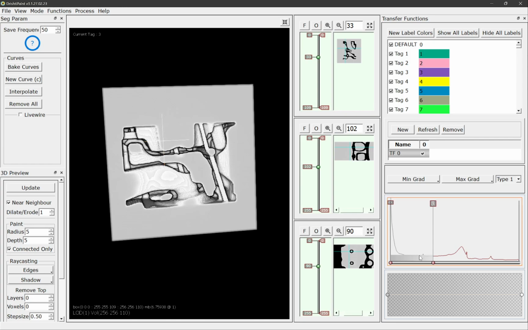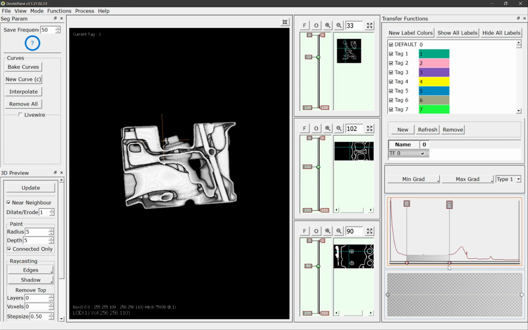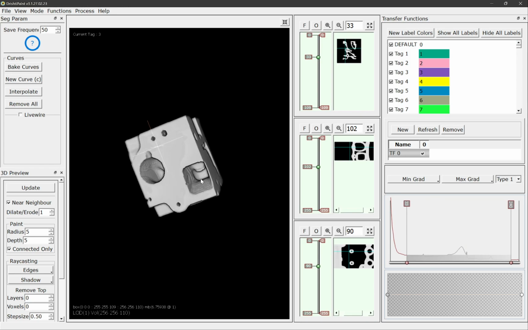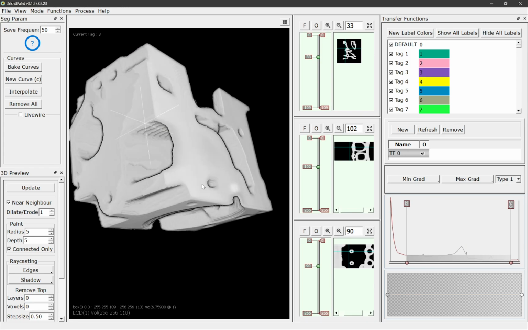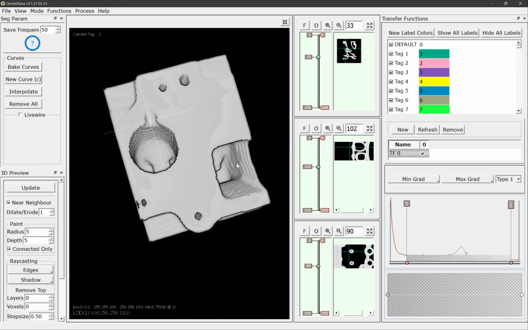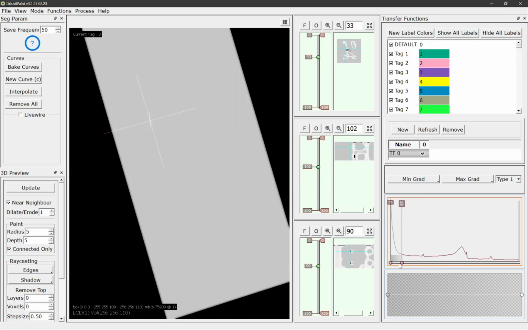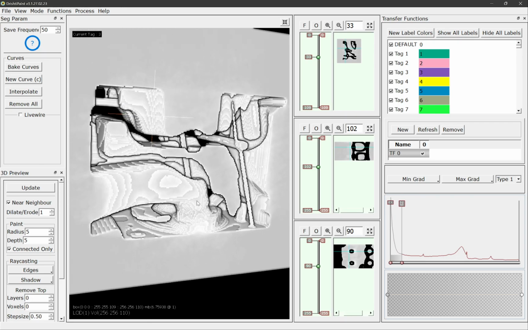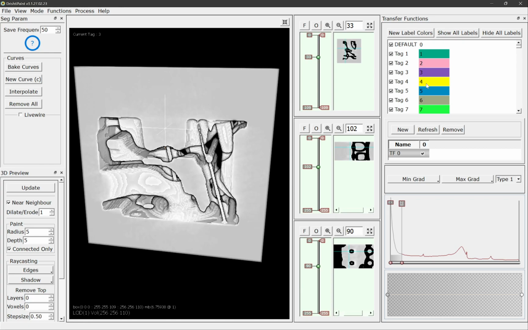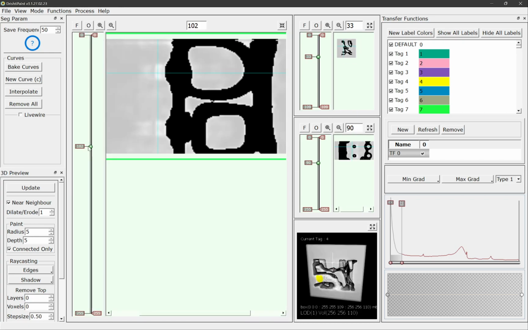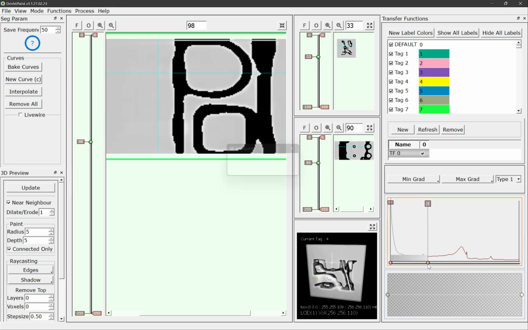So now suppose I want to get the pore space here. For example, I want to tag this space here, the empty space, which is this one here. So what I can do is, of course, I can go in and paint, or I can also use the curves. In this case, let's just increase that and try to use the live wire. So we select the live wire here,